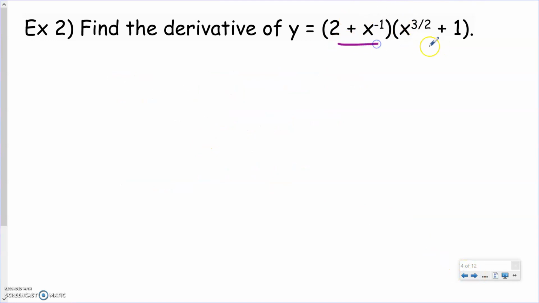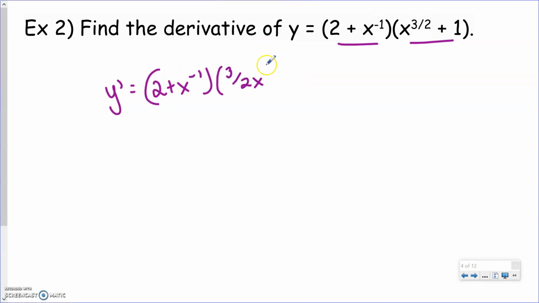Okay, so again, 1 and 2. So find the derivative. Y prime equals 1 d2, so 3 halves x, and then if I minus 1 from there, I get 1/2, and then the derivative of 1 is 0, plus 2 d1,